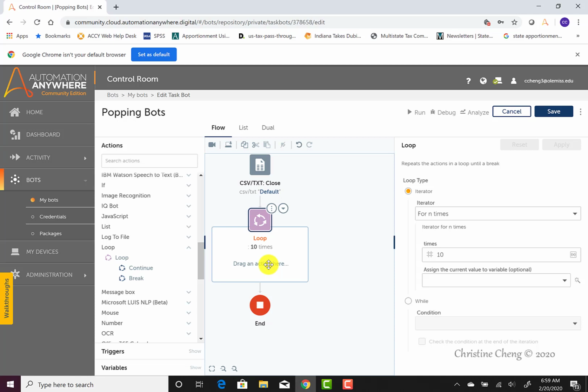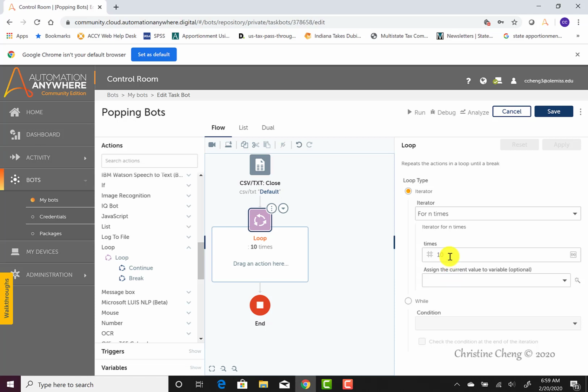We need to configure our loop just as we do with any other action that we place onto the workbench. To configure the loop, let's begin by verifying that the iterator button is selected. We could put in a condition variable as well, but we're going to use an iterator. The iterator tells the loop how many times to repeat the actions that follow inside the loop box. The default that appears is to have the loop repeat for n times, and in this case, it is a